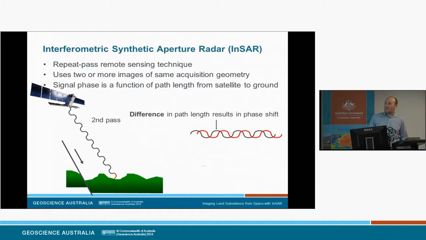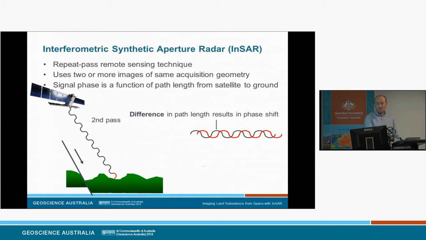You can see here that the number of wavelengths between the ground and the satellite has increased. So if we compare that change in number of wavelengths in the first image with the second image, there's an actual offset in the phase between those 2 wavelengths. And this change in phase is what we refer to as a range change. So what we're actually measuring is a geodetic measure similar to what we might see in surveying practices